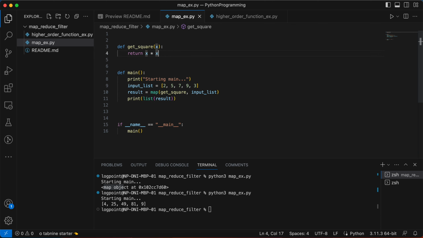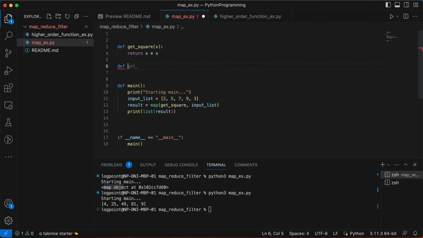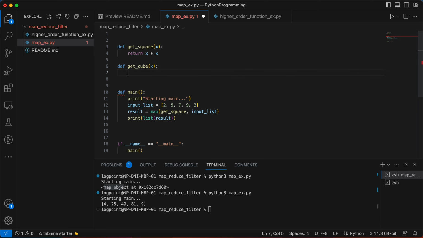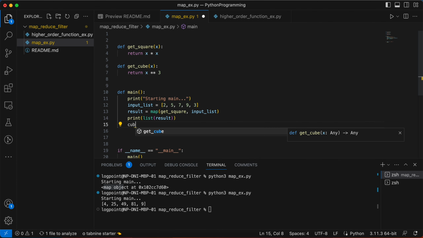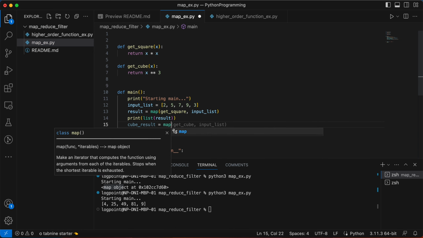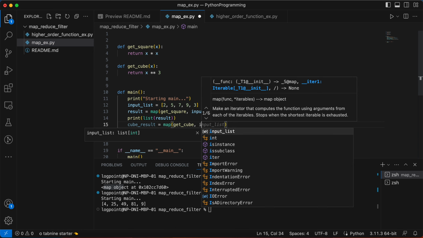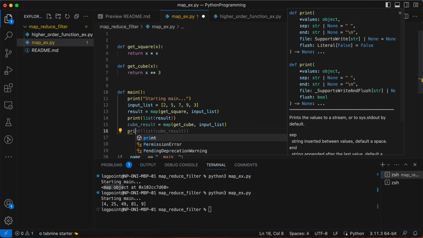So we can also define another function like get_cube, and get_cube will return x multiplied by 3. This is the syntax of cube. You can also write x multiplied by x multiplied by x. Okay, currently I am doing this because this is supported in Python, and we can also print the result, cube_result. I am naming it cube_result, which is equal to map. We have to pass the function like get_cube, and we will pass the input list. After that we will print